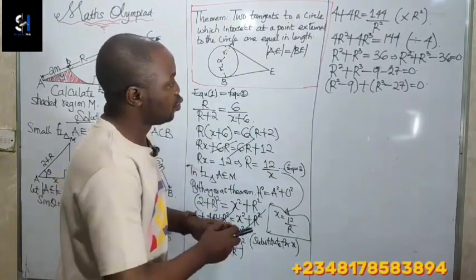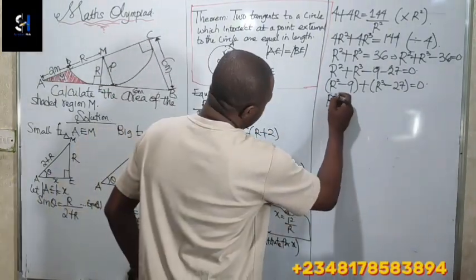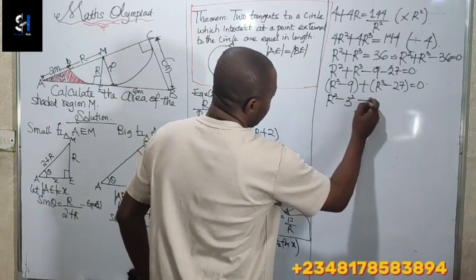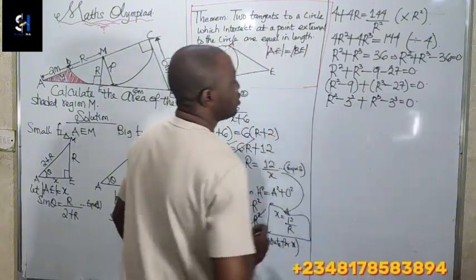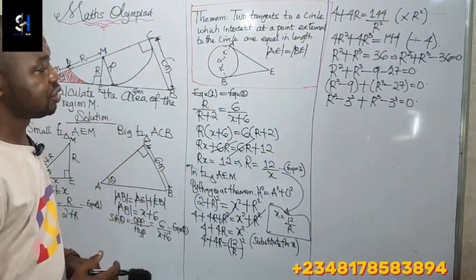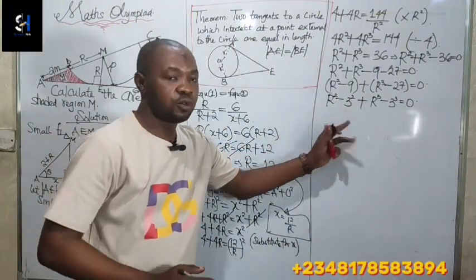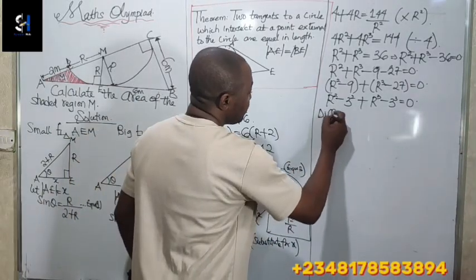3 raised to the power of 2. So this will be r squared minus 3 squared plus r cubed minus 3 raised to the power of 3 equals 0. Now we have a difference of two squares, and we know that for the difference of two squares,